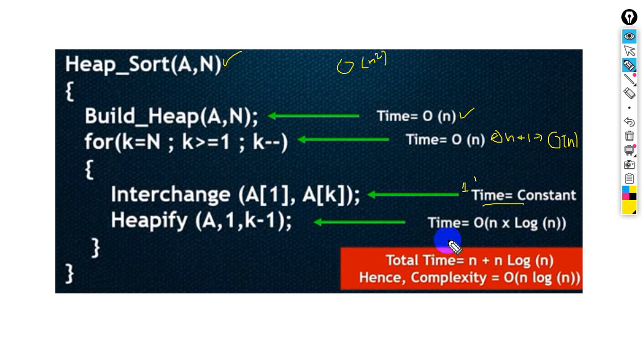So this is the time complexity of heapification. Okay, so now the total time for this complete heap sort: we will have the total time complexity of heap sort